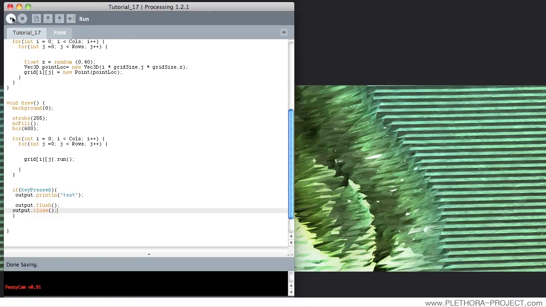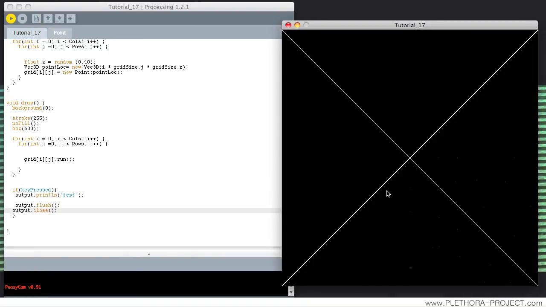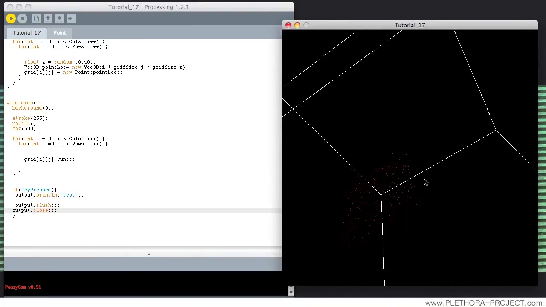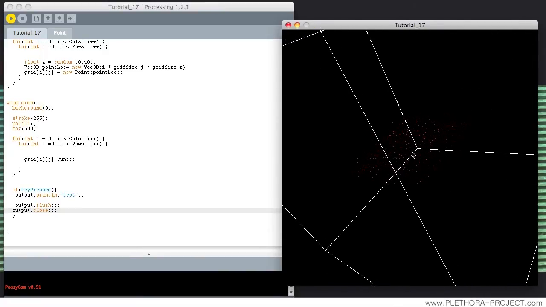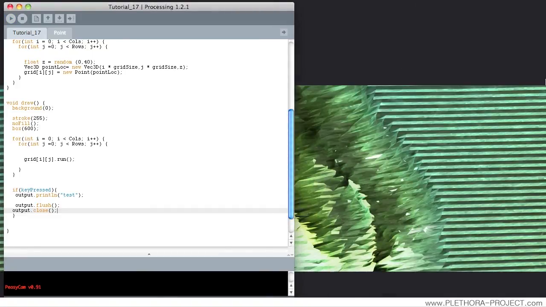Again, I'm going to save this and we're going to try it. Right, so we have our script. I'm going to press some key on the keyboard, and that should be good. Now I have the folder here, tutorial 17, right? So I will open it up, bring it into the window,